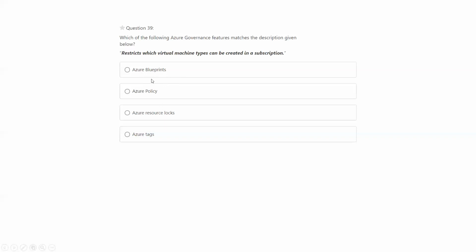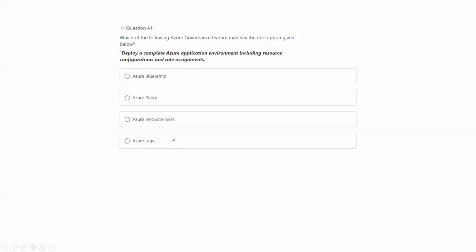Blueprints are like architectural services, not related to this question. Resource locking and unlocking, tags, again used for billing purposes. Identify which resources are associated with specific cost centers. Cost centers, again, Azure tags.